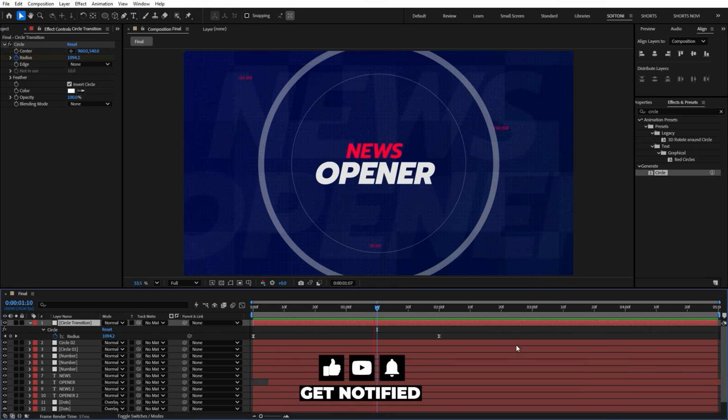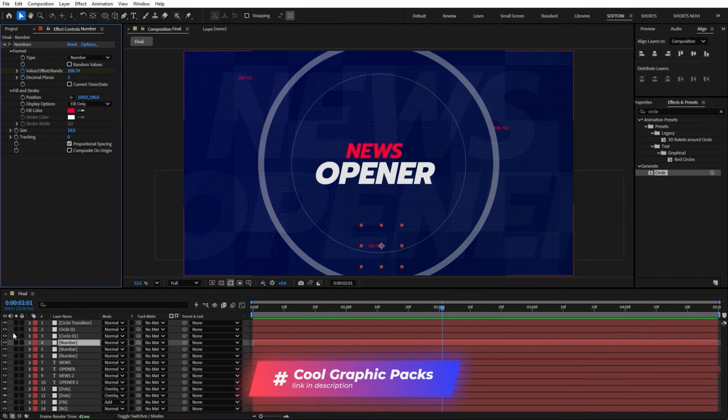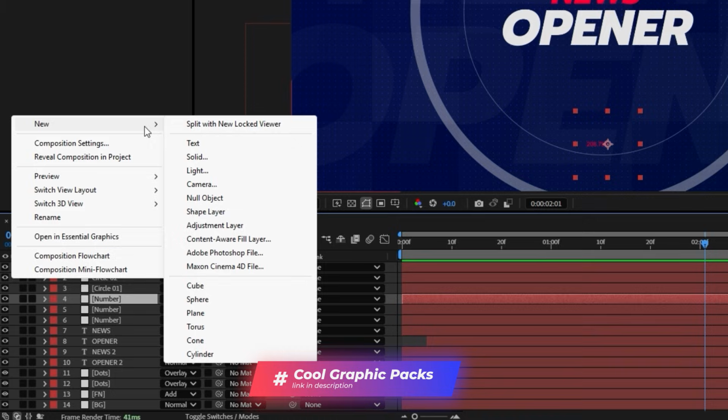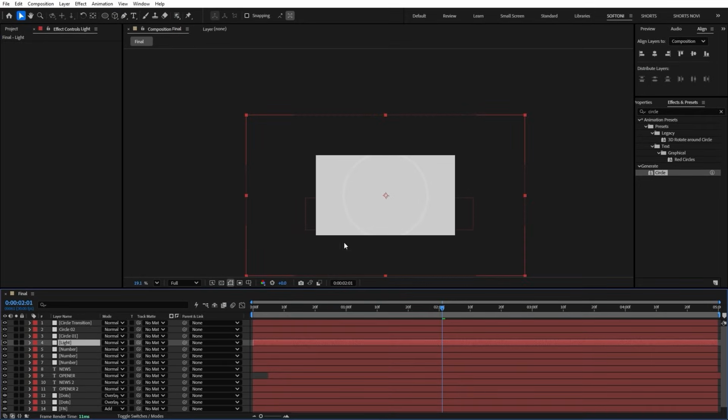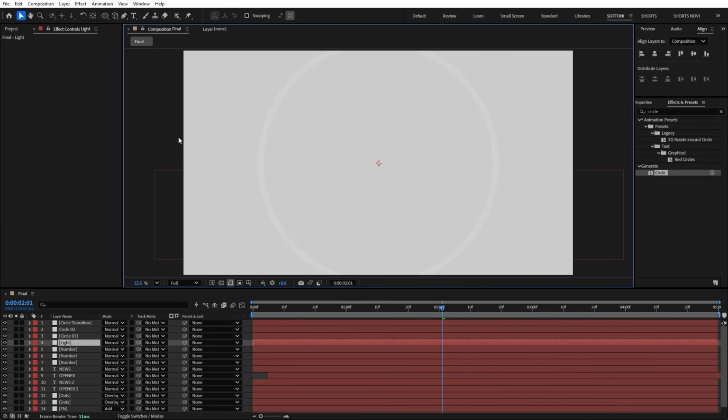Okay guys, you can also import here more stuffs like lens flares, lights. Let's also create lights guys. I'm gonna right click to create solid layer again. And for this one, I'm gonna go 3840 by 2160, and this is gonna be just light, okay. And as you can see, we have created double size solid layer, and now we can use mask,